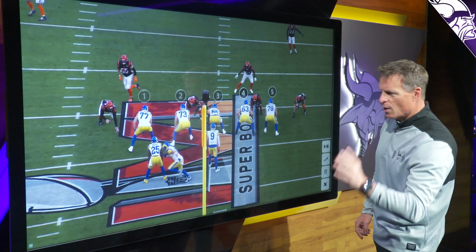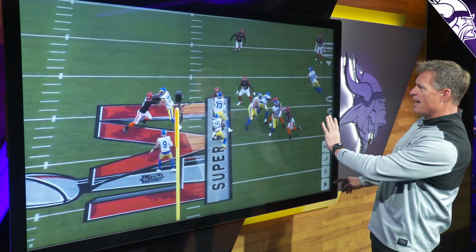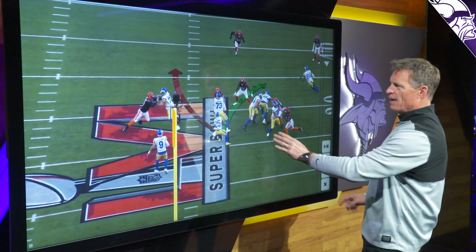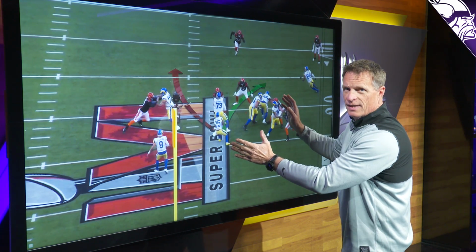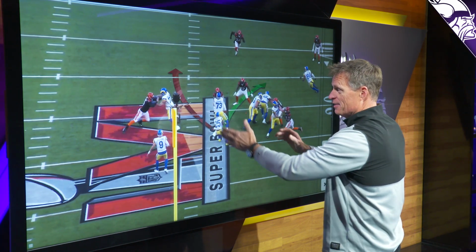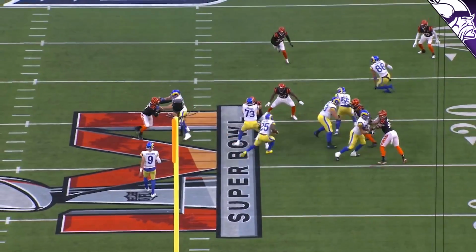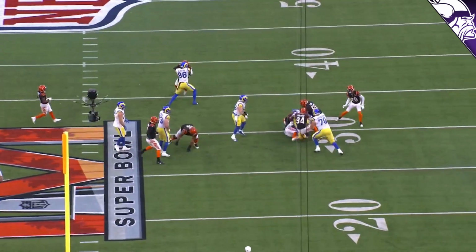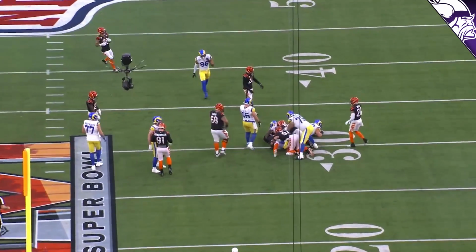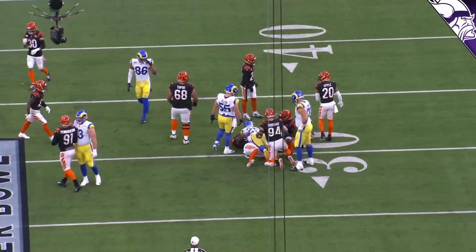Again, a simple running play, and now at the point of attack, this running back has a couple options. Now, I'd love to be able to give Dalvin Cook all these kinds of options. He has the cutback, he can stay forward. A little bit of a mix-up on the front side of this play where they weren't able to get back to this linebacker. Short gain, but the potential there created by illusion for a big running play.